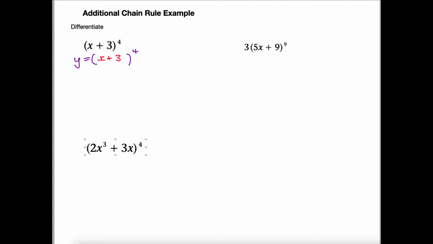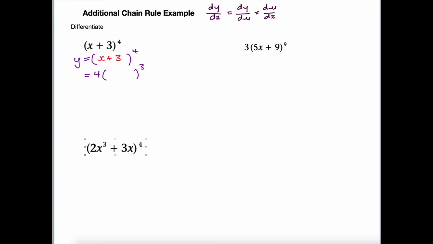Okay, so the chain rule basically says that dy/dx, I'll write it up here, dy/dx is the same thing as dy/du times du/dx. So basically you have to differentiate both the functions and multiply them. Okay, so if we differentiate the whole thing, so the sandwich, it'll be 4 and then something to